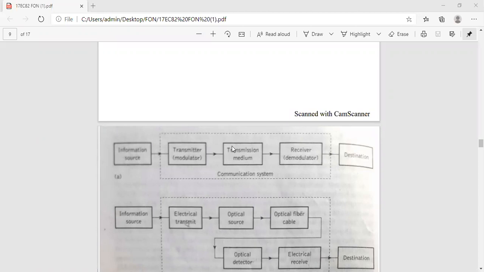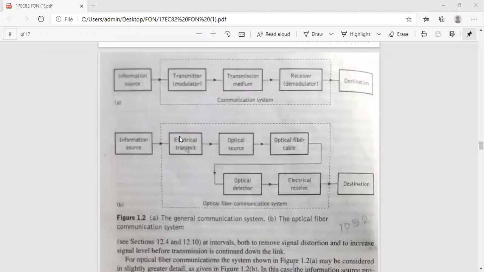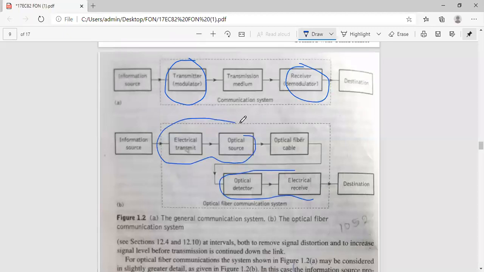And we have discussed the general system that you can see on the screen. There is a general communication block diagram as well as the optical fiber communication one. The difference is not much. The only thing is in the modulation technique. The modulation part, what is generally shown as modulator and demodulator, here we make use of an optical source and a detector. More commonly used optical source is the laser. So the invention of the laser was a boon in this. As a receiver, photodiodes were there. Okay, this is about the general block diagram.